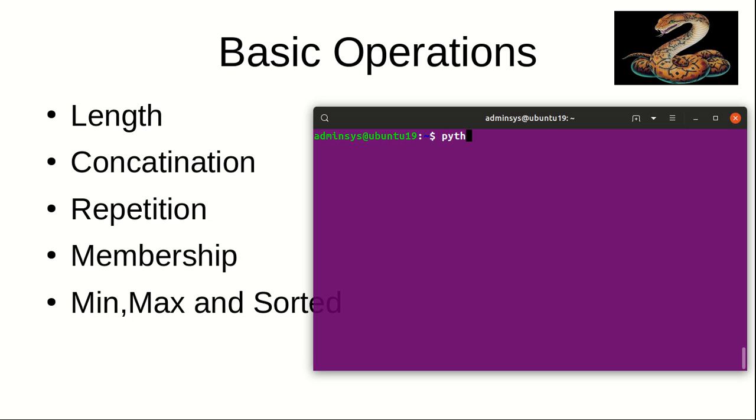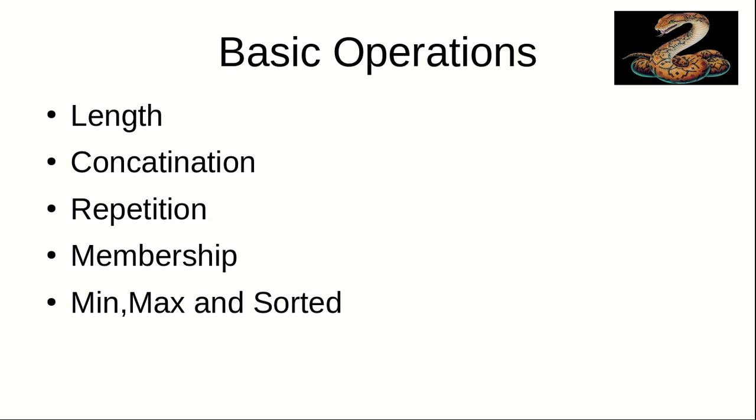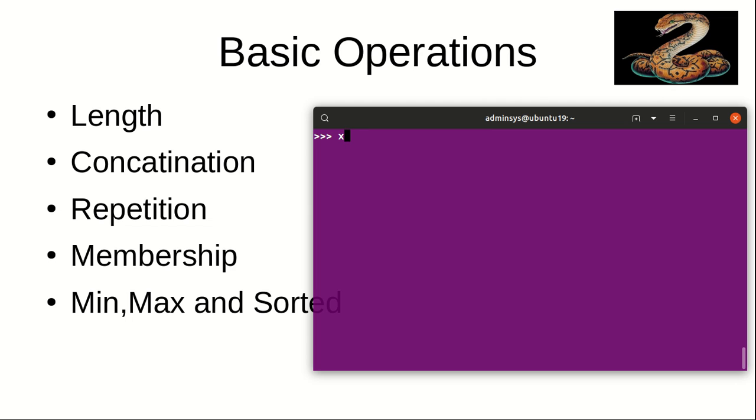I'll open the terminal and type Python. So we have the length operation. x equal to 1 2 3 4 5. I have created a list x. By seeing x we can say that we have 5 elements, right? Suppose you have a list with uncountable elements, in that situation we can easily check by using the len function. If I write len of x, it returns 5. So that is the len operation.